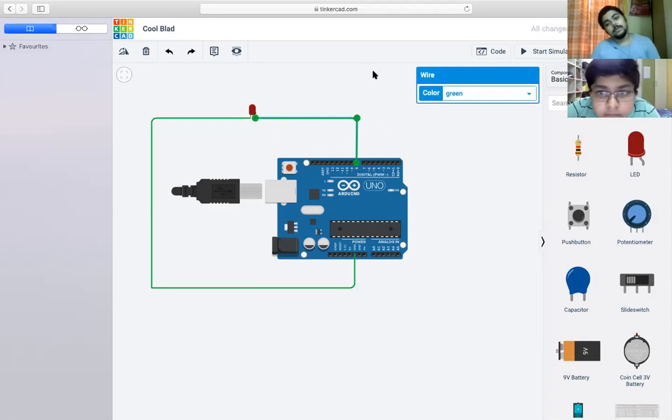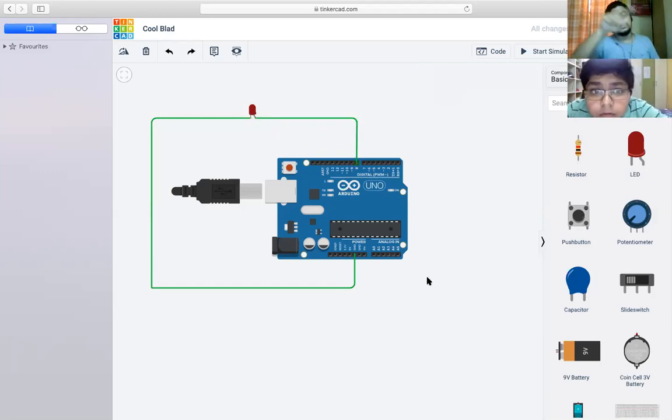What is the first thing that you will do? For our benefit, we always take a red cable to attach the positive leg of the LED to the Arduino or any other machine or battery. So select the positive wire, which you are taking from the longer leg. Click on that and change its color to red. These are conventions.